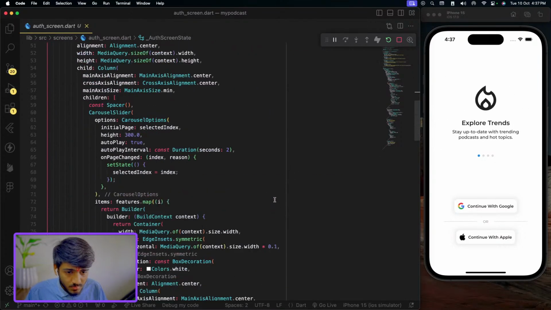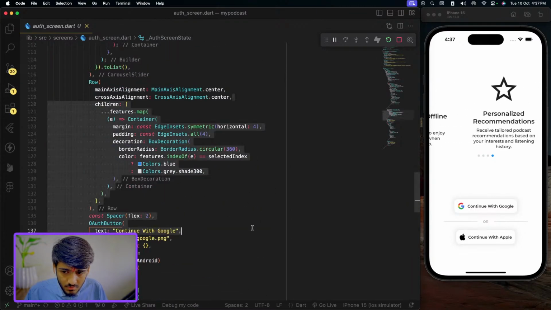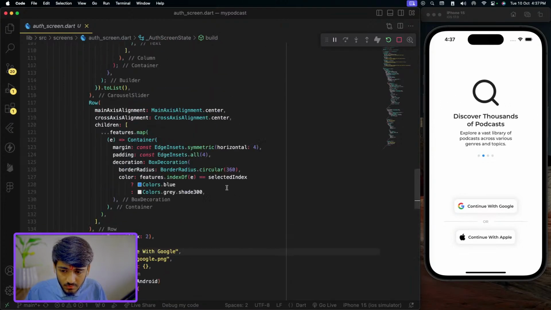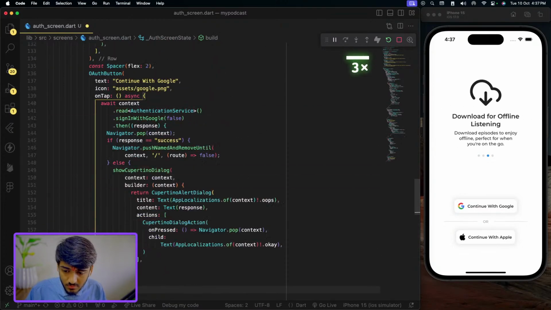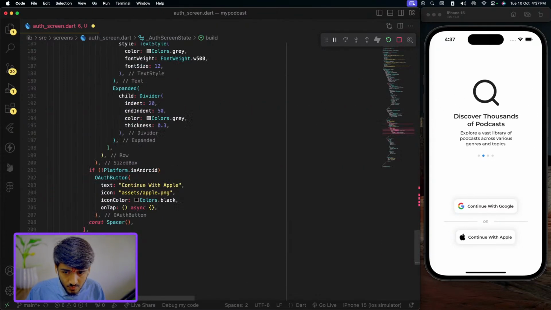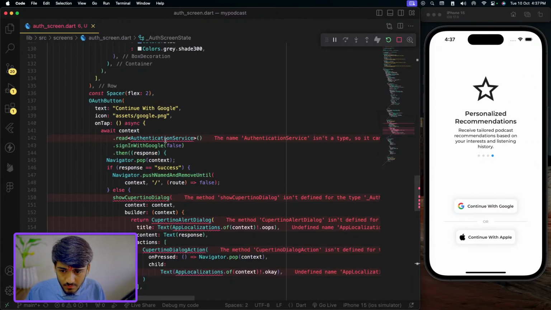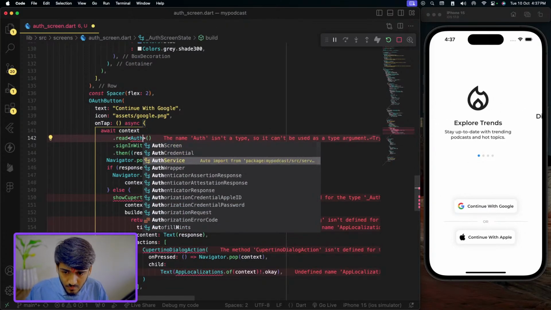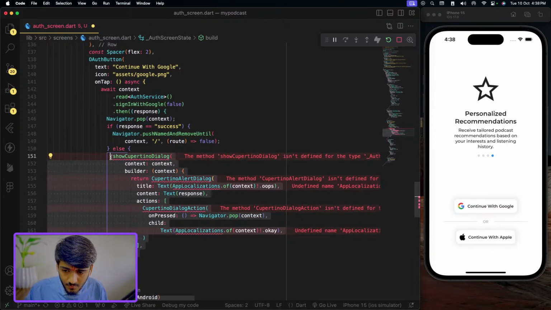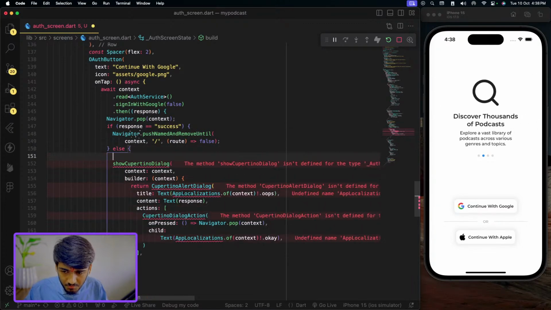Thank you. Let's implement sign in with Google and then we'll test it. Let's import providers, authentication services. Okay, now I have some